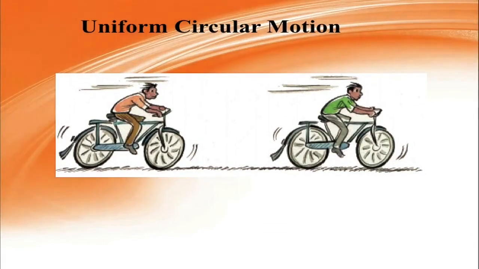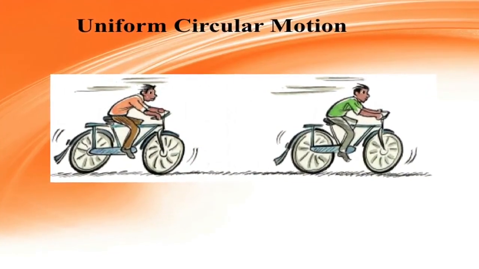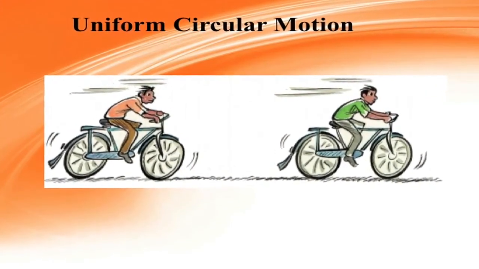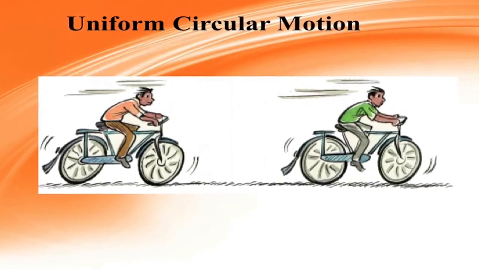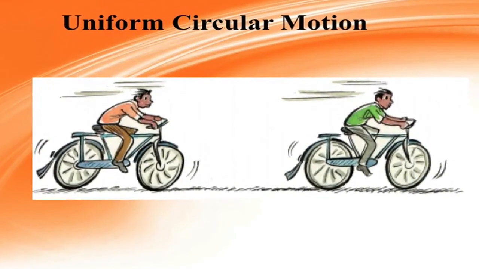Similarly, can you think about the motion of the flywheel of the bicycle during non-pedaling? There is no circular motion of the flywheel and it moves in a straight line. Thus, its motion is rectilinear motion, but during pedaling its motion is circular motion. Can you think about the motion of any part of the bicycle which has two types of motion at the same time? Yes, during the circular motion of the wheel or flywheel, they are also advancing in the forward direction on a straight road. Thus, their motion is circular motion as well as rectilinear motion at the same time.